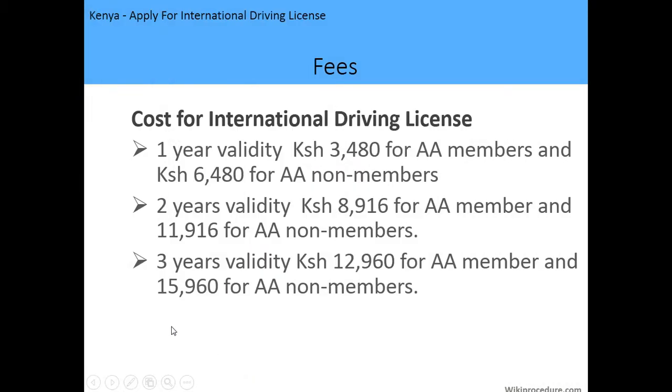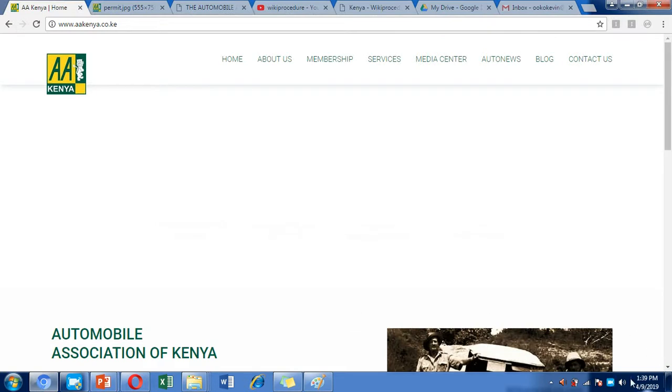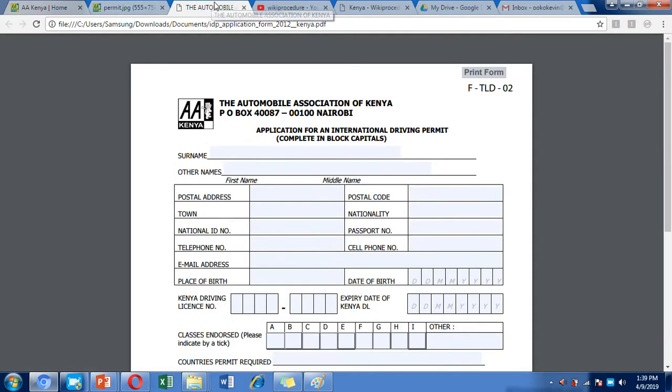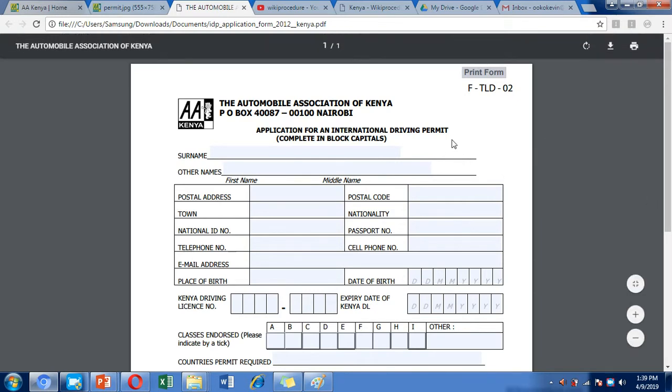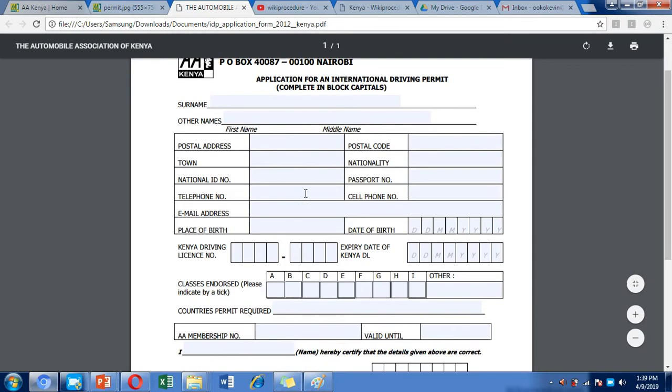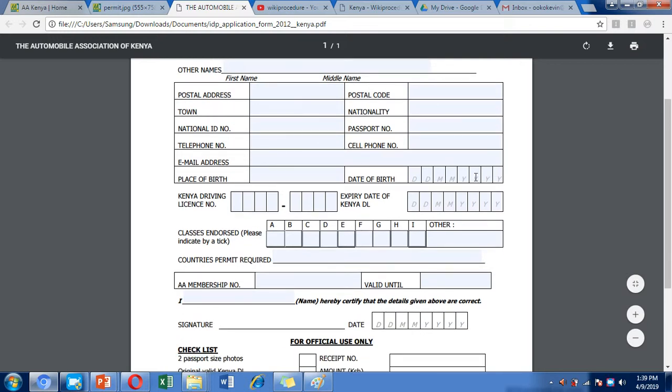So let's just quickly go through the application form to see how it looks. Now this is the application form for the international driving license. You're supposed to fill in your surname and other names. Fill in your postal address, postal code, your town, nationality, national ID, passport, telephone number, place of birth, date of birth, the Kenya driving license number, the expiry date of the Kenyan DL, the endorsed class, which class you can drive, which class you are qualified for,